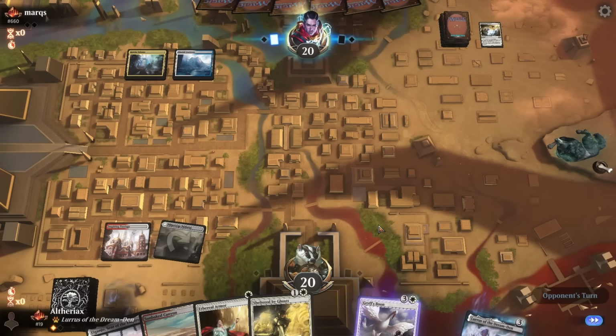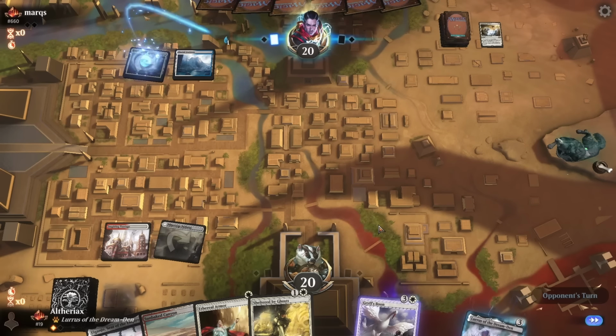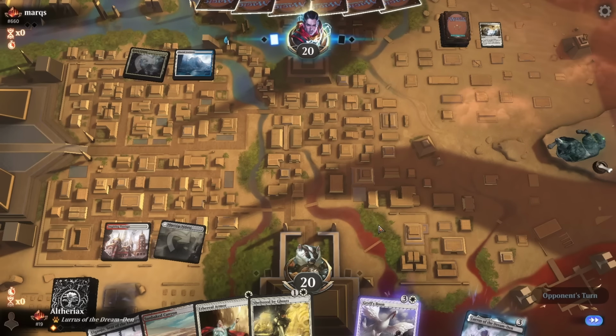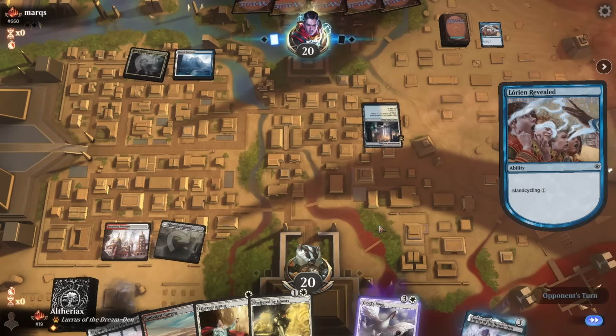I mean, we do still have Sunbaked Canyon, we do still have Lurrus as well, but Lurrus doesn't actually buy us anything back from the graveyard because they exiled the Esper Sentinel with the Fragment Reality. So pretty rough start, but you know, looking back on it, I think I would keep that hand in a